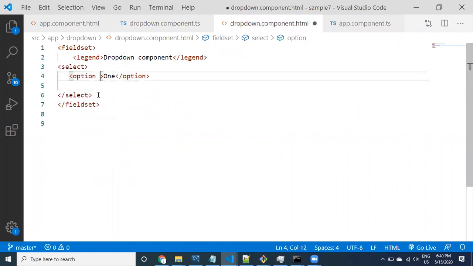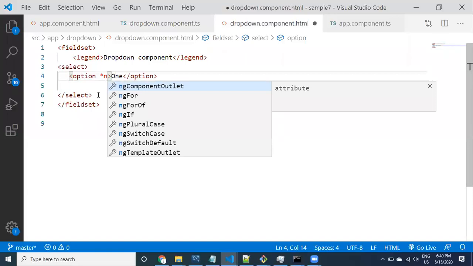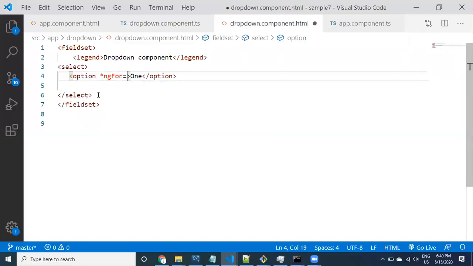Here in the option, you need to repeat this. Just look at it, guys, ngFor, because multiple options need to be displayed from the array. Let v of options. Which component are we in? Now we are in the dropdown component class.